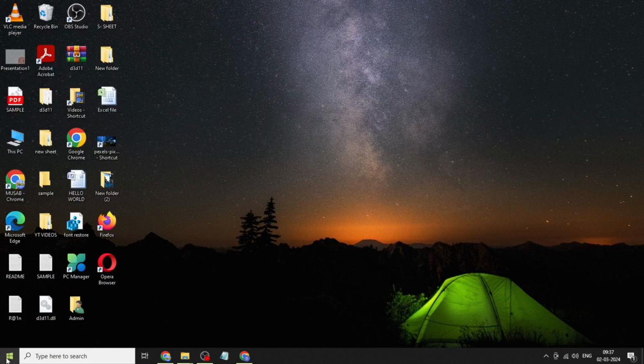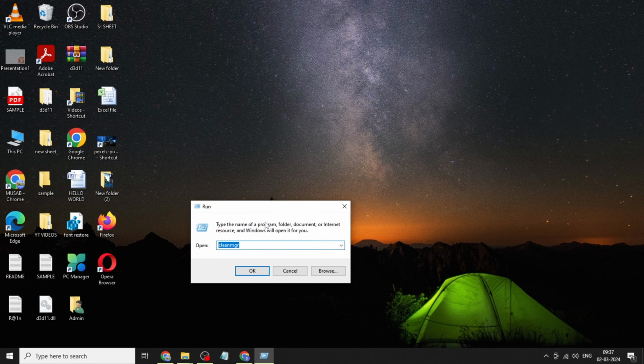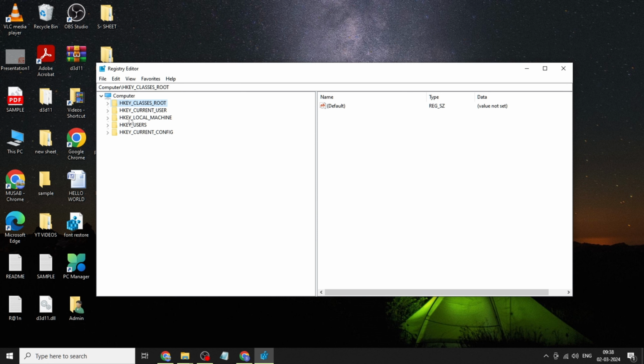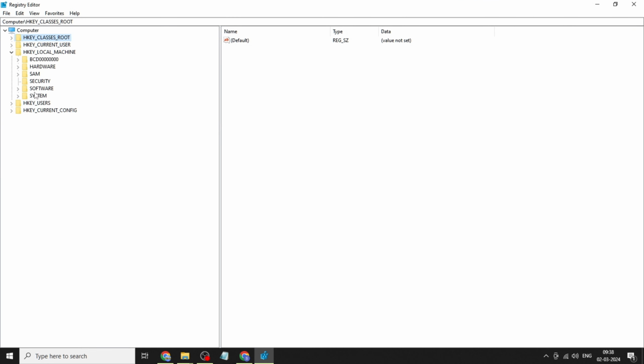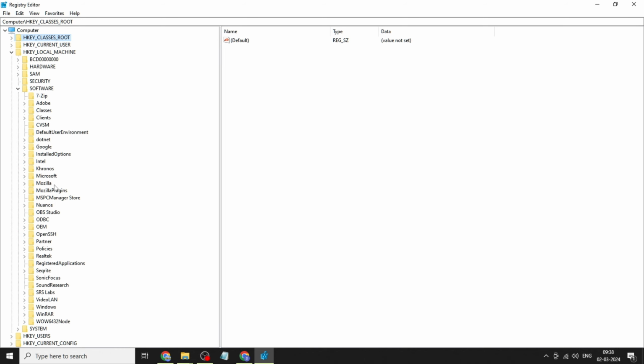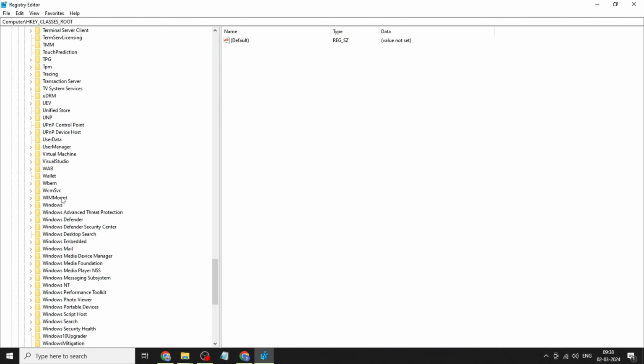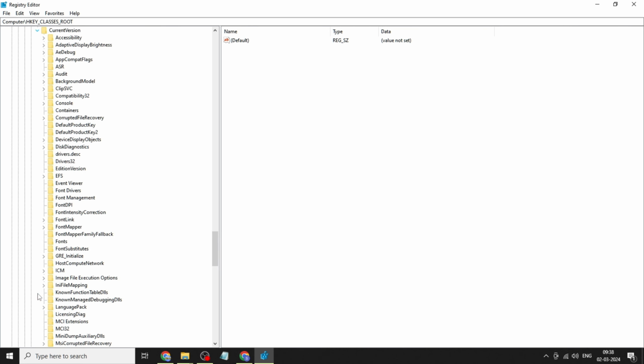Right click on start button, click on run, type regedit, expand HKEY_LOCAL_MACHINE, expand software, expand Microsoft, expand Windows NT, expand current version,